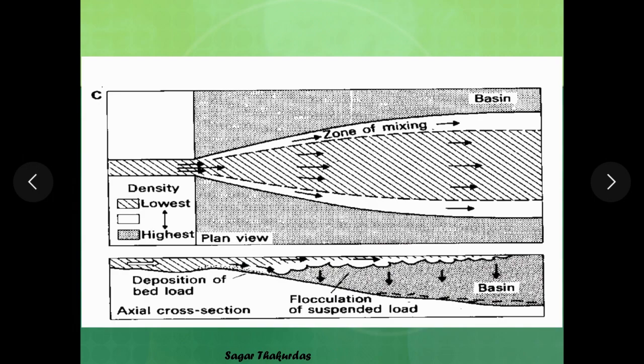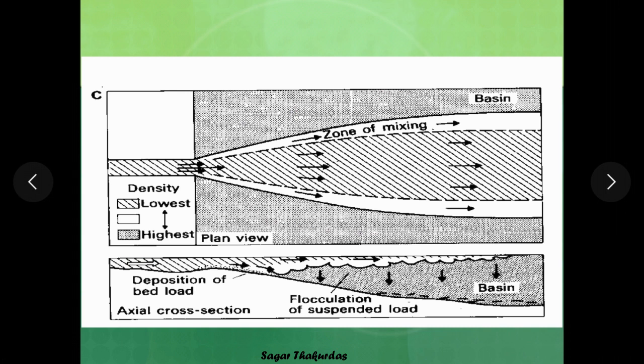The next one, here you can see again what is the density difference. So here the density of water carried by the river is less than that of the density of standing body of water, and therefore it is called as hypopycnal flow. Now in this case, the water carried by the river floats on the surface of oceanic water or sea water, and therefore these are also called as buoyancy deltas or buoyancy dominated deltas. So this is the case of all marine deltas that we see, including the Mississippi Delta, where the river water enters into the oceanic water.